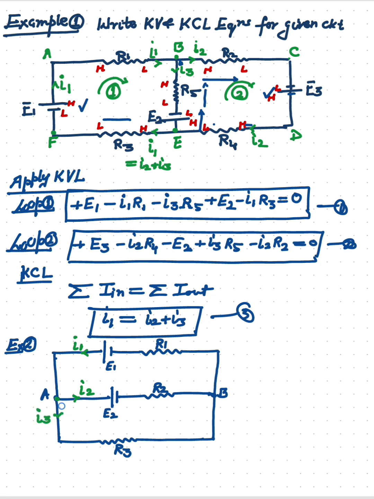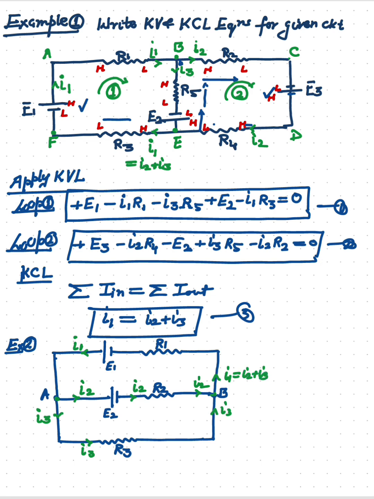Okay, then this I2 flow in this branch across the resistance R2. Here it will be I2, and this I3 flow across R3, and at this junction these two currents will meet again. So this will be I3 and here it will be I2. Now they will pass in this. So the sum of these two, this will be again I1 which is equals to I2 plus I3.